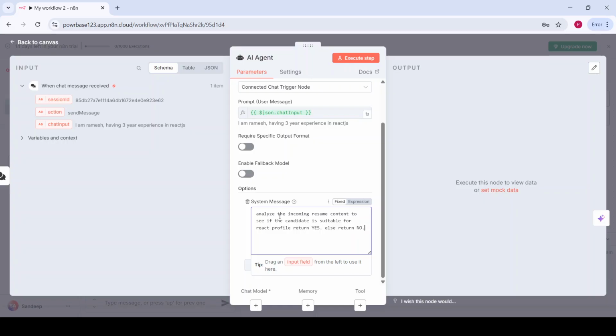So we'll add some more instruction to it. With that instruction, the probability of a correct answer will increase, but it will not be 100%. So in real practical examples, we have to do a lot of other things to make sure the responses are 100% correct, because we will take action based on that response. Yes, then do this. No, then do this. If it is small yes, our use case will fail. So for now I have said return capital YES and else return capital NO. Now I'll just add